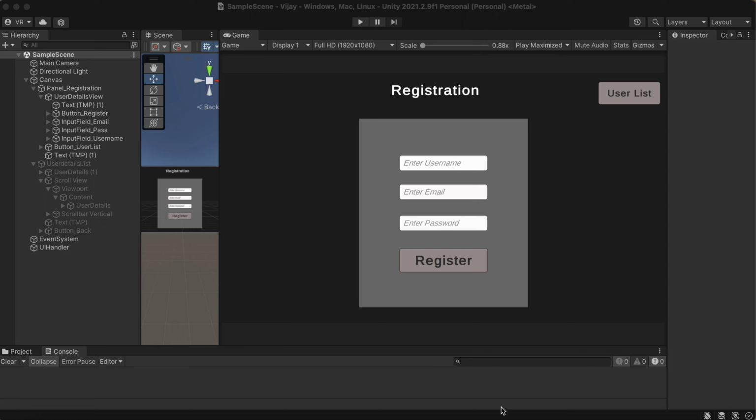I am Vijay. Today I am going to teach you how you can save the data into a JSON file and how you can retrieve those data from the JSON file. So this is my tutorial for the JSON, and this is my registration page as you can see, and let's start. And I'm running this game,